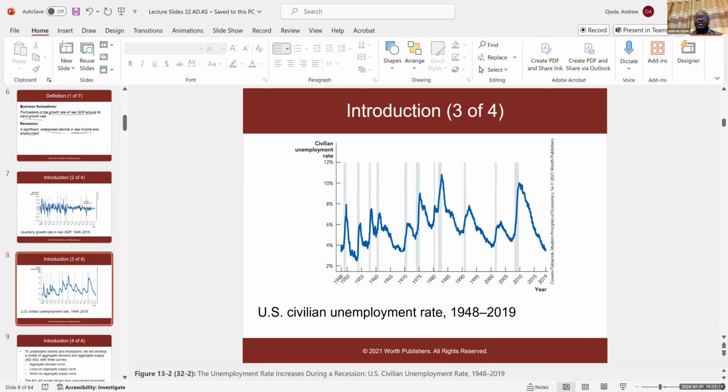So you can see this is U.S. civilian unemployment. Unemployment always rises. See, during these pole-looking lines, these are periods when we have had economic downturn, economic recession. You can see along those pole-looking lines, unemployment rises, which is a typical characteristic of a recession. And then in between any 2 pole-looking bars, like these white portions in this graph, those are the times when the economy is what? The economy would be growing. Economy would be on an upturn or expansion or recovery. So when the economy is in an expansionary phase of the business cycle, real GDP would be rising,